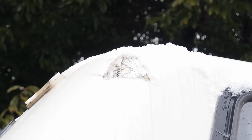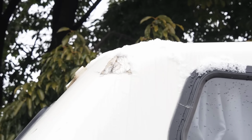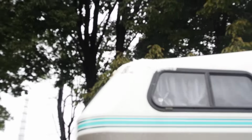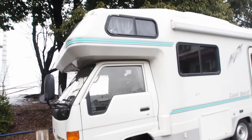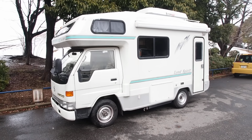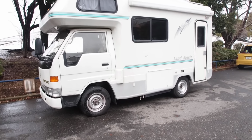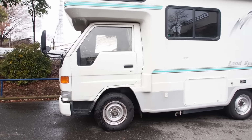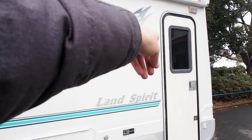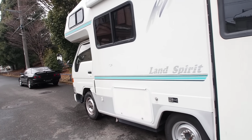Here we go. And it has an ouchie. They tried to go under something that was too tall, I think, because it is really tall. And that's one of the things is, because shipping is based on the size of the vehicle, you pay a lot for shipping these. But the good news is when you buy them from auction, they tend to be a nice value price. But the bad news is you don't get to know anything about what's going on in the interior. Everything I showed you there on the sheet is basically all the information that you get, because these auctions